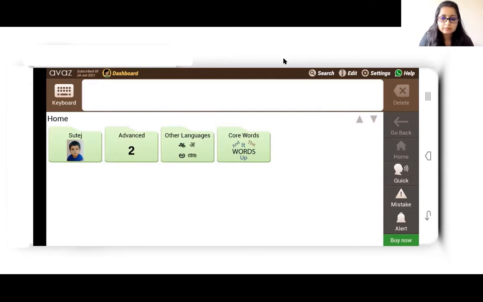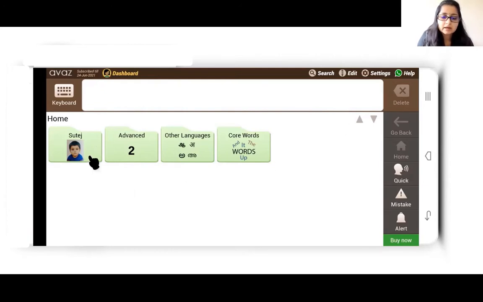So now I am back on the Android screen. So this is the home screen. In the Android version, the basic folder is the one that you created if you have used the onboarding feature. So this will be the basic folder, and then there is an advanced folder. So that's the slight variation between the iOS and the Android version. So here we are on the home screen.